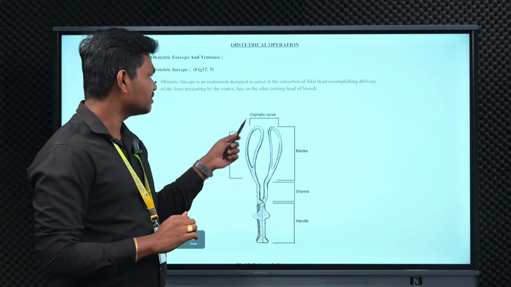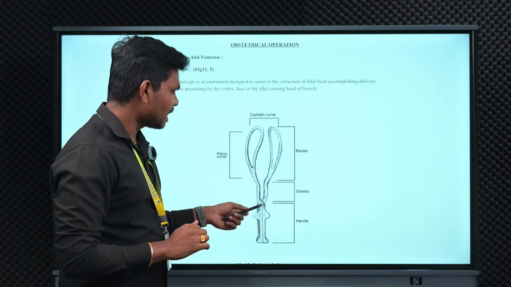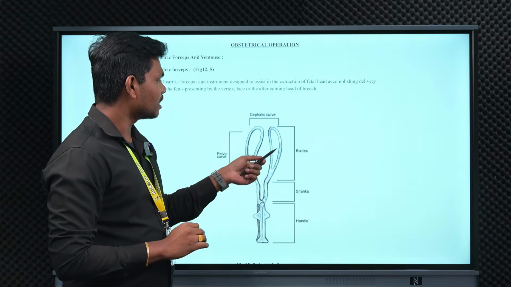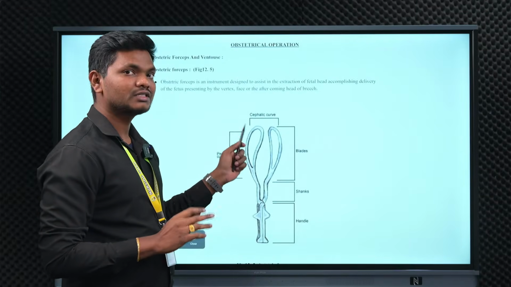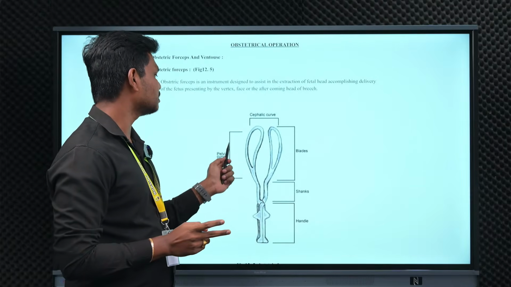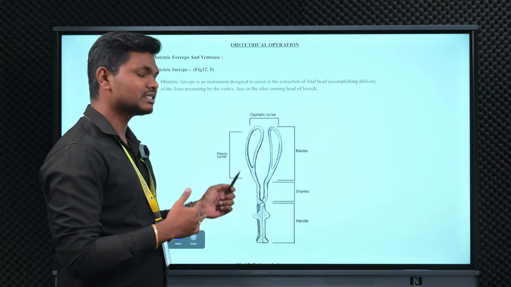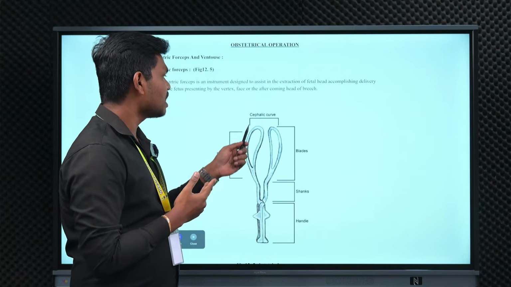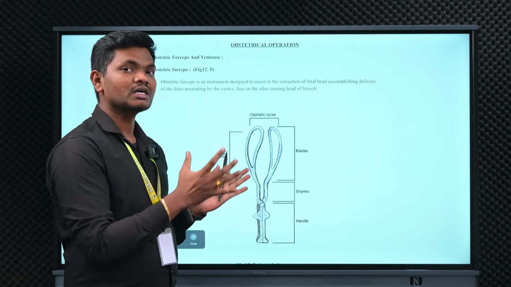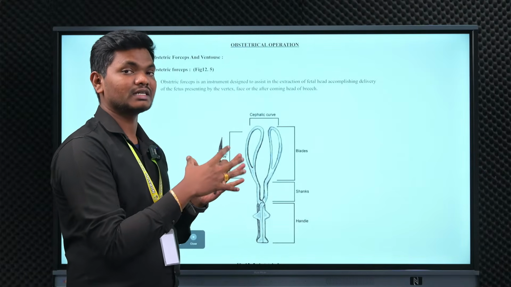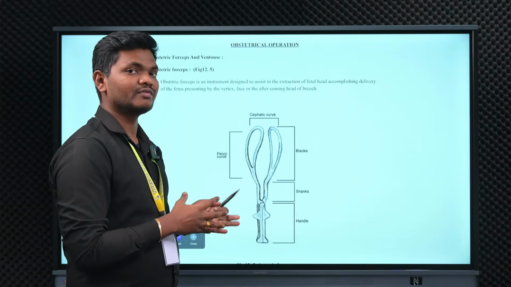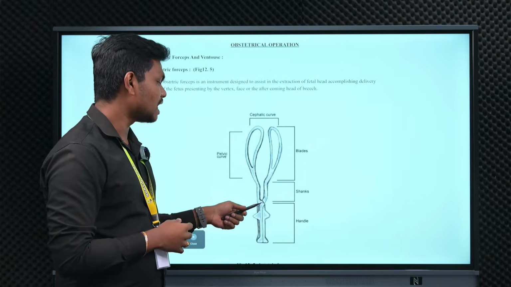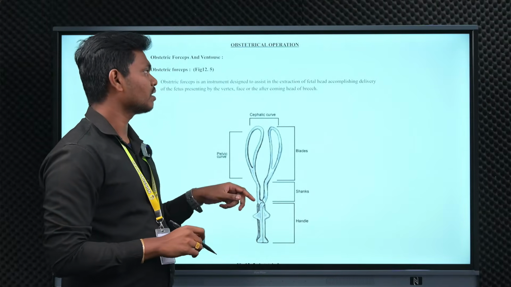It has different parts. This is the handle and shank, and this is the blade. The blade has two curves, the cephalic curve and the pelvic curve. The pelvic curve fits into the pelvic cavity, in the uterus, and the cephalic curve holds the fetal head. And we also have the lock. That is one of the parts of